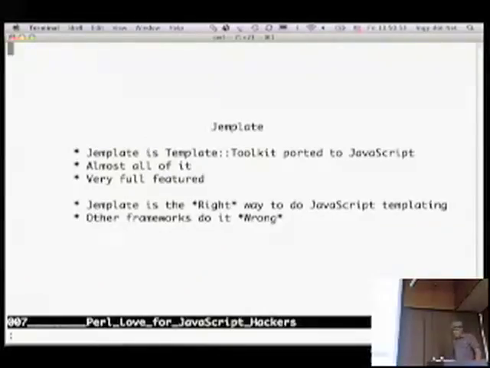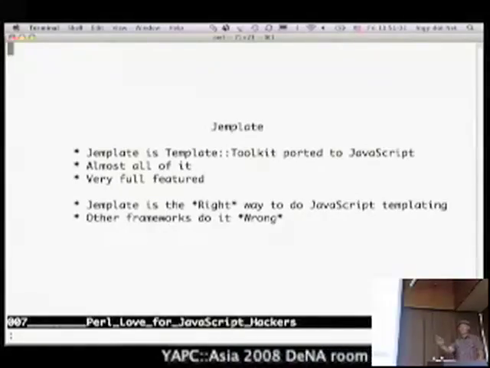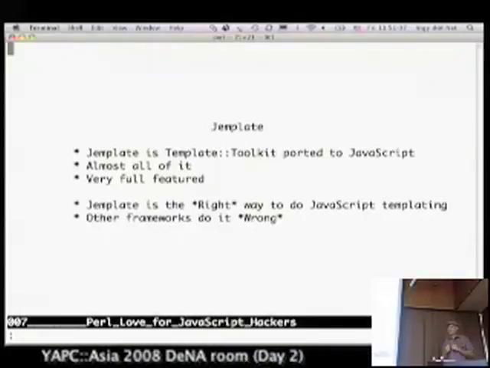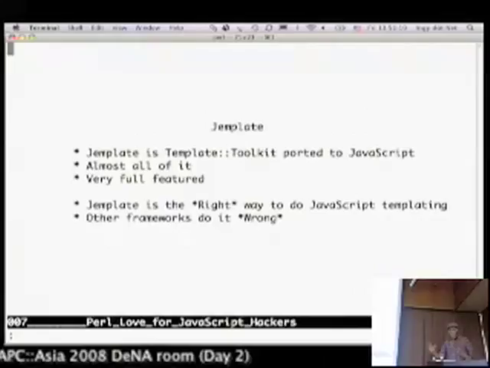And the whole takeaway from this talk is that Template Declare sucks. That's all I really want you to, no, I'm just kidding. Is it Template? I don't even know what it's called. Template Declare? Yeah, something like Template Declare. It sucks. Okay. Anyway,